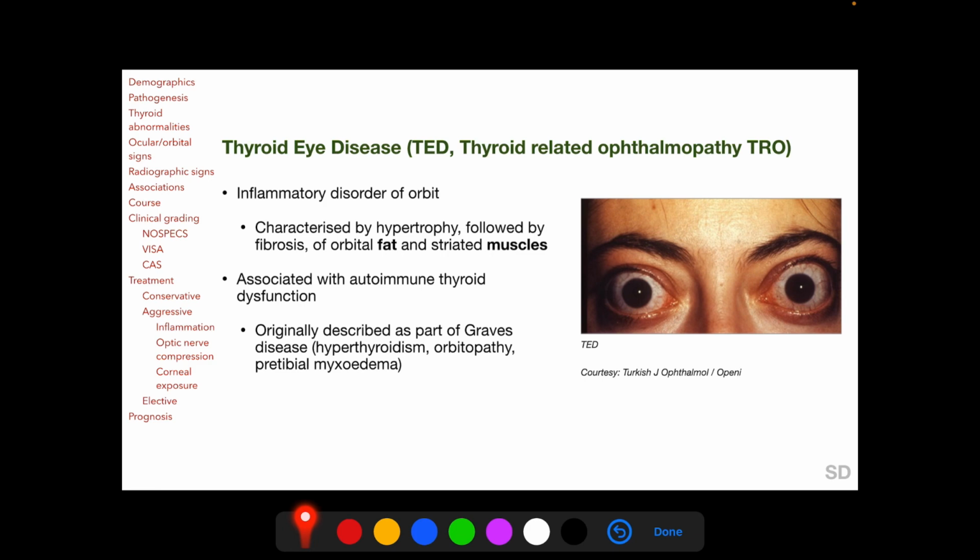Thyroid eye disease or TED is also known as thyroid-related ophthalmopathy or TRO. Thyroid orbitopathy or Graves' ophthalmopathy is an inflammatory disorder of the orbit associated with autoimmune thyroid dysfunction. The orbital involvement is characterized by hypertrophy followed by fibrosis of both the orbital fat and the striated muscles in the orbit, that is the extraocular muscles as well as the levator palpebrae superioris muscle. And TED was originally described as part of Graves' disease, which was a constellation of hyperthyroidism, orbitopathy associated with pretibial